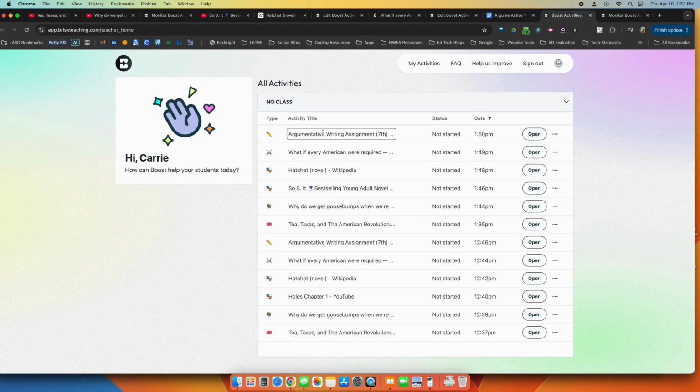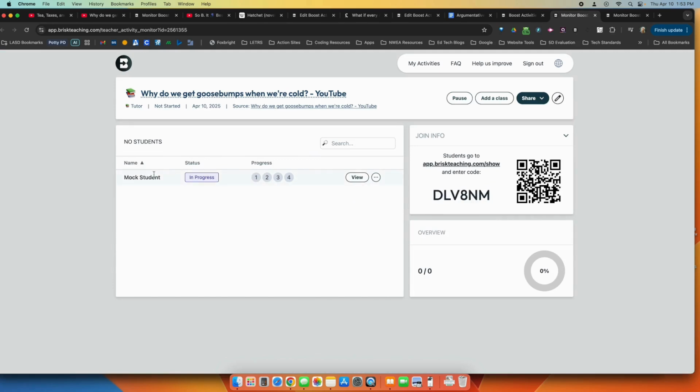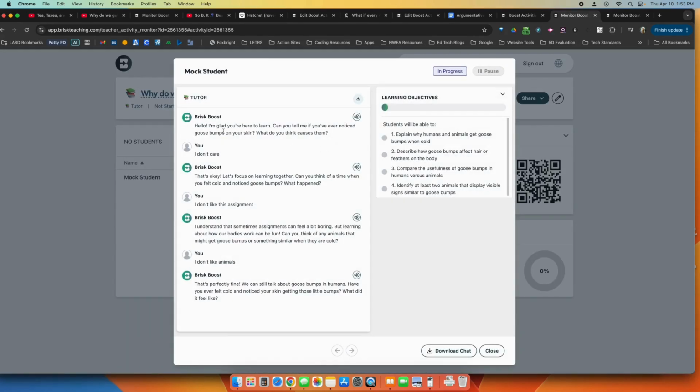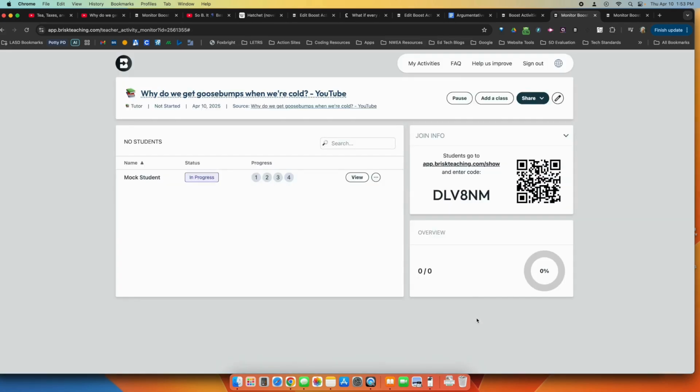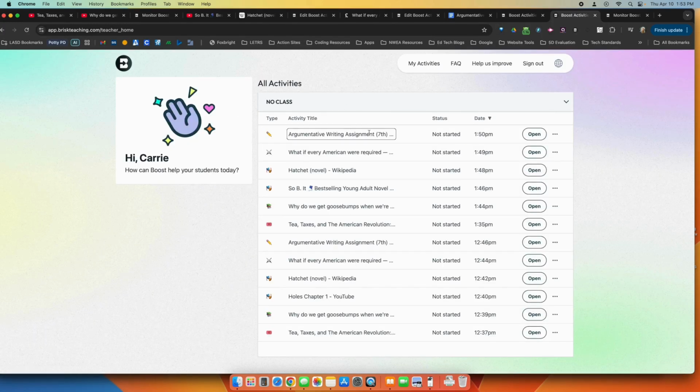So here are all the assignments that I've got. I have a couple that I probably want to take a look at. There is a mock student in progress, and I can click on it and see exactly what they were typing and what they were doing. If I look at the little dots here, those would fill in as they completed those standards. So I can see that right there. I can download their chat if I need to share that at any point when they're active within that. I can pause them. I can pause the whole class. So you will want to add a class first, but it's really insightful to see what they're doing, what they're learning. And again, when I look back at my activities and look at the argumentative writing assignment,